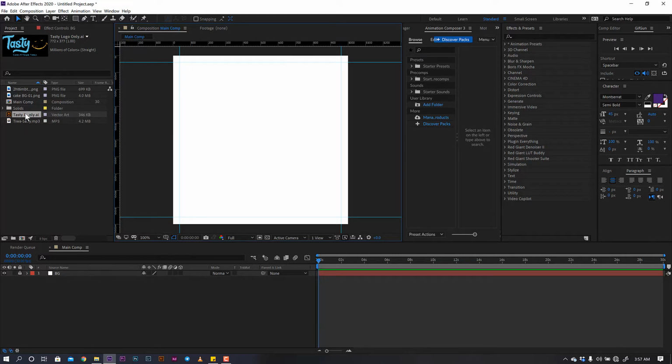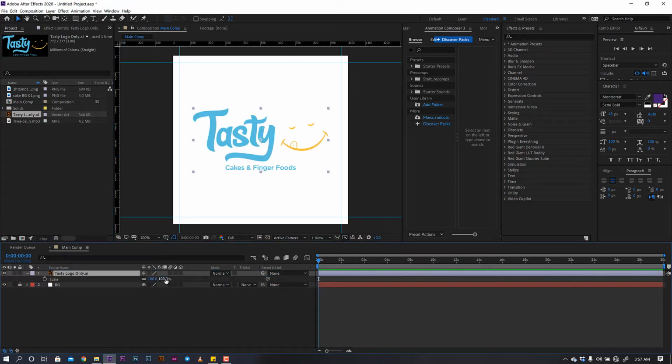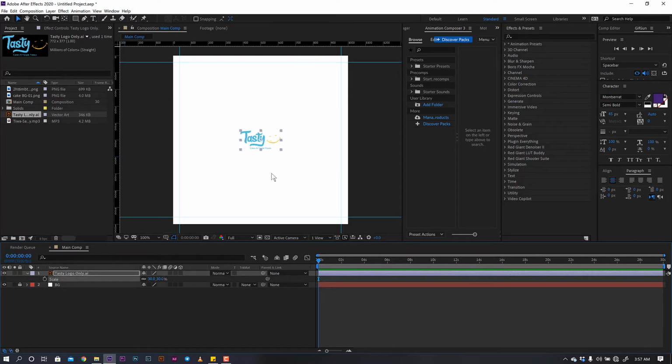First of all, I want to drag in my logo. Click and drag into your composition, press S on your keyboard to bring out the scale, reduce the size to 30 and drag it to the, it's too big, let's reduce it to 20. Yeah, 20 looks fine. To the top right corner of your